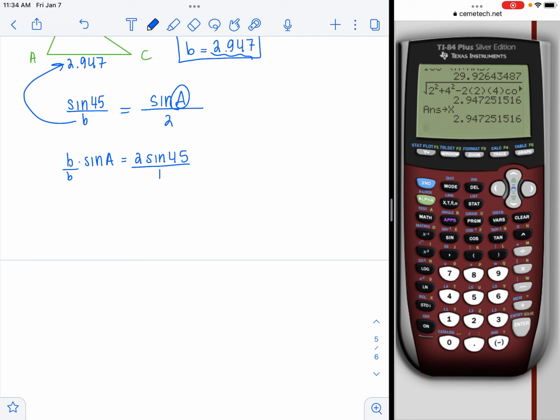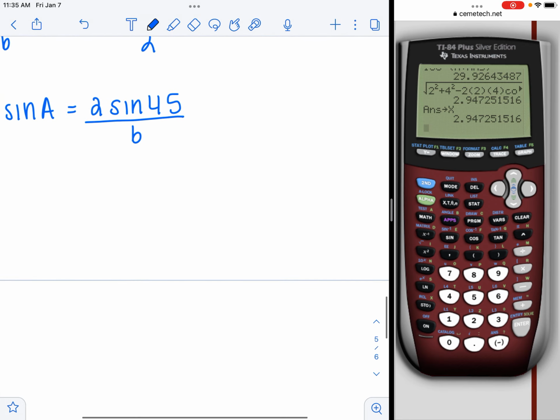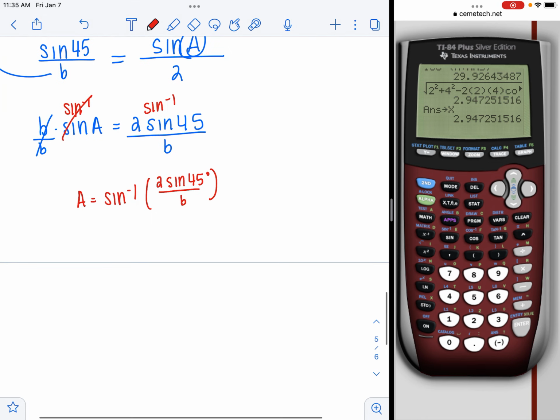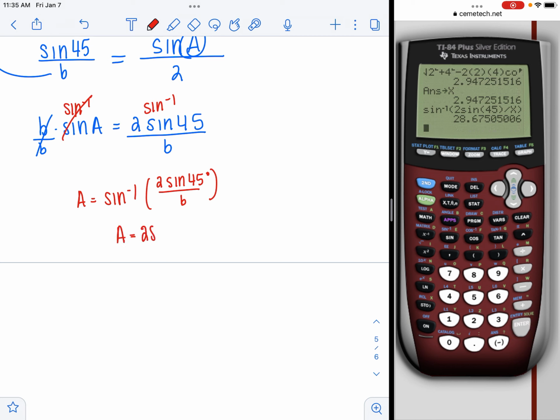Remember, we're solving for angle A, so I'm going to divide both sides by B, which is stored in my calculator. And now I need to get A by itself. So I'm going to sine inverse both sides. Sine inverse, sine inverse. These cancel. I have A equals sine inverse of 2 times the sine of 45 divided by side B, which is right on my calculator, that 2.947. So sine inverse of 2 sine of 45, close the parentheses on the 45, divided by side B. I can either hit X or second answer, or I can go up and grab it. And I get angle A is